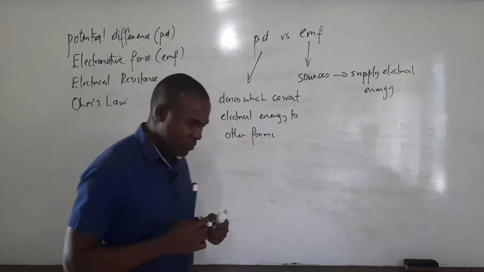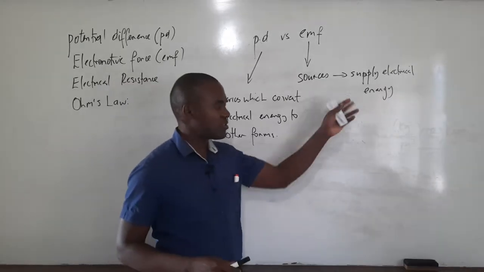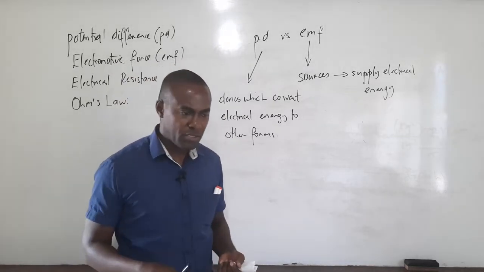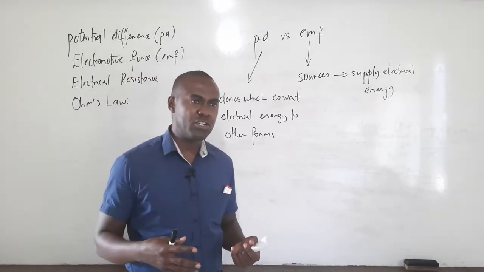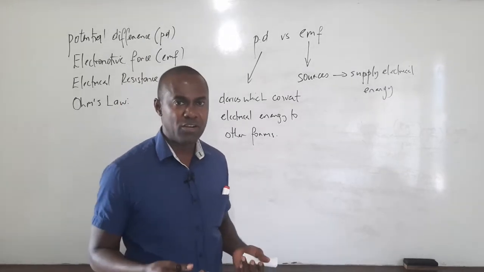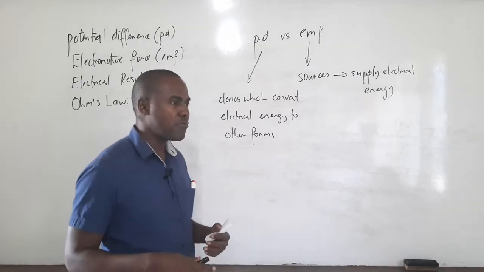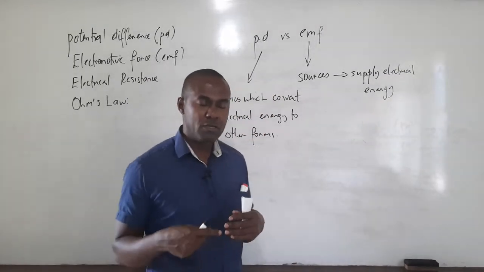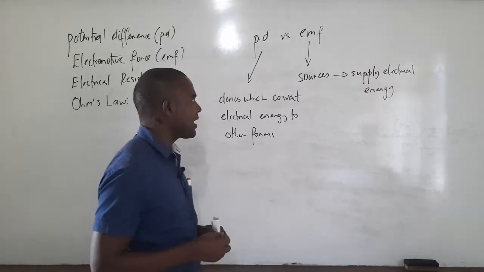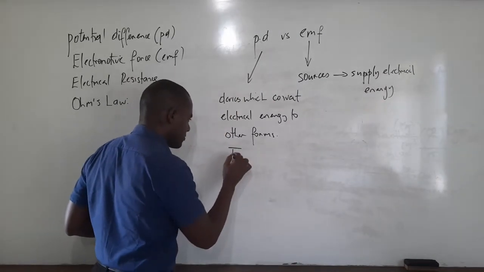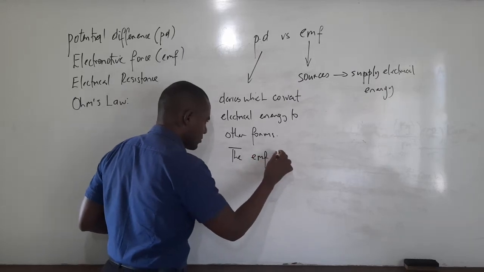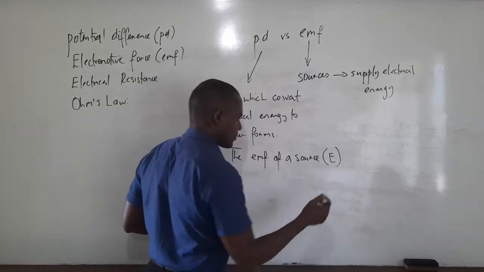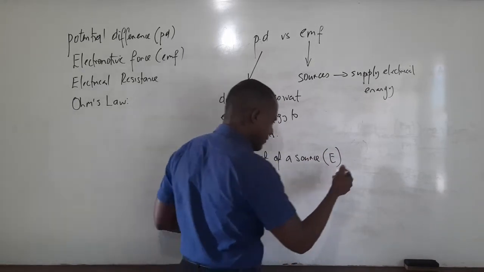Right? Now, if we're talking about a source, for instance, a battery, a generator, dynamo, and so on, each of these basically takes some form of energy and converts it to electrical energy. So these are sources, and when we refer to that energy conversion per coulomb of charge, we refer to the EMF of the source. So by definition, the EMF of the source, let's call it E, or the EMF E of a source,